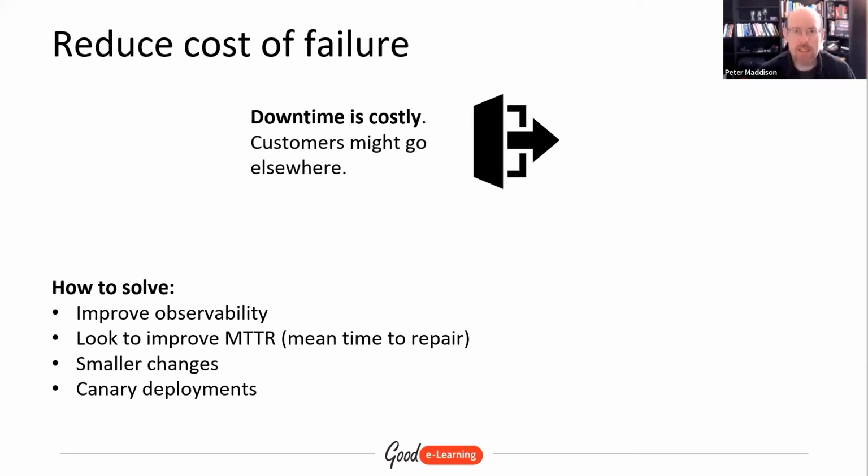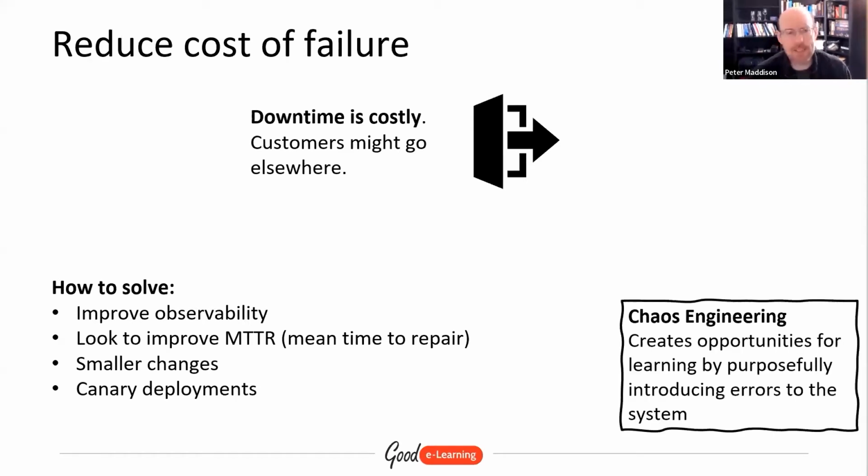Using smaller changes, like reducing your batch size, smaller changes that we can learn from faster, and things like canary deployments, where we push out a smaller deployment to a limited subset of customers so we can learn whether or not the new version of the service is working the way we expect it. And at scale, you might be doing 10, 20, 30, 40 of these small experiments in your production environments at one time. Not the same as testing in production, but